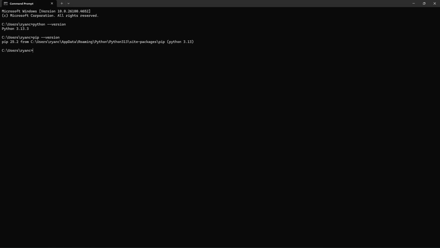Okay, as you can see here, I have it already installed. If you don't have these, go ahead and download it first. Okay, once you have both installed or verified, you can now go ahead and type in pip or pip install